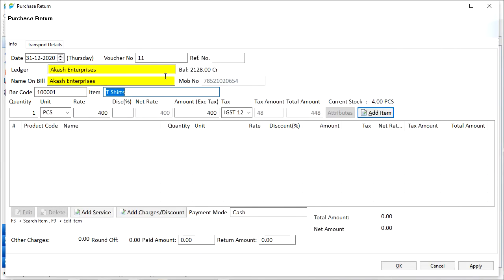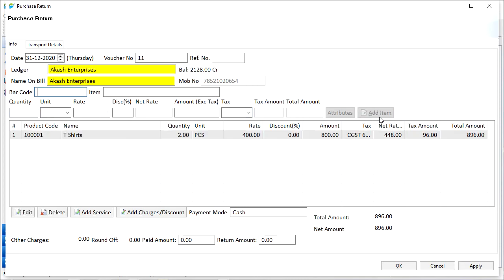After this, we need to fill up other details such as quantity, for example 2 unit. Other details such as rate is automatically fed from the item details we made during creating the item. If you have defined the tax class while creating the item, the system will automatically show the applicable tax here. If not, we can select the GST using the drop-down menu, for example GST 12. Then we need to click on that item button, and the item details will be registered in the purchase return.